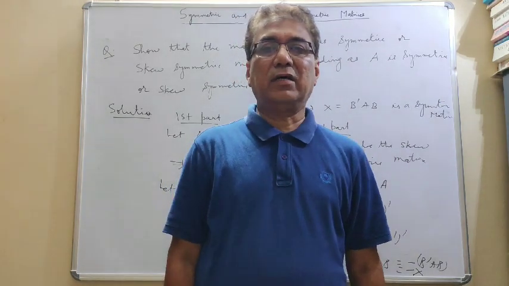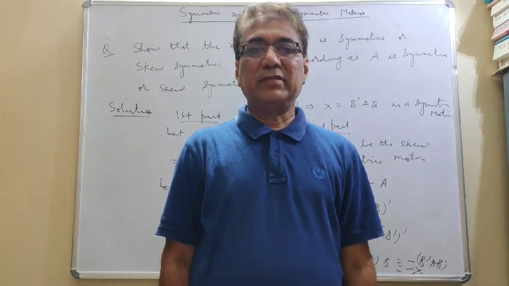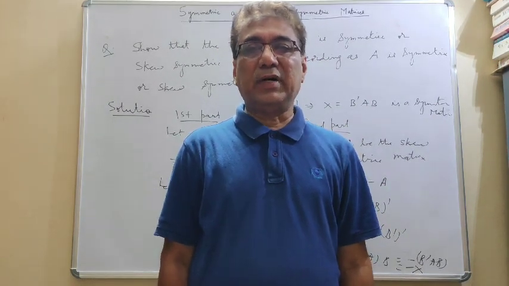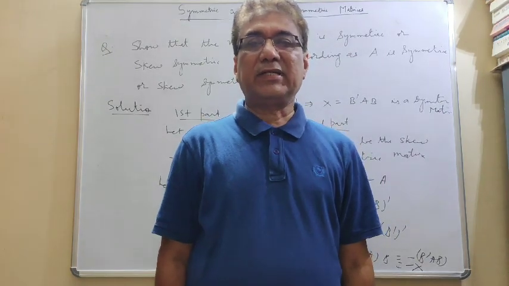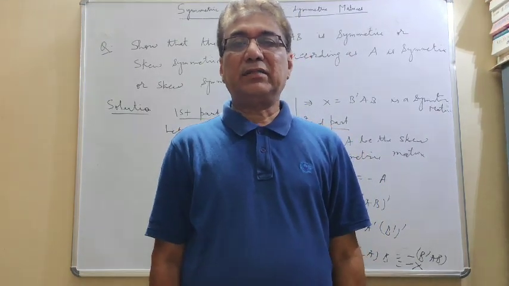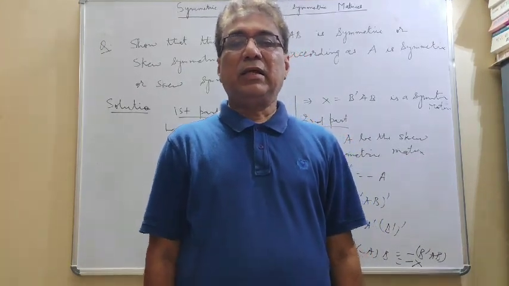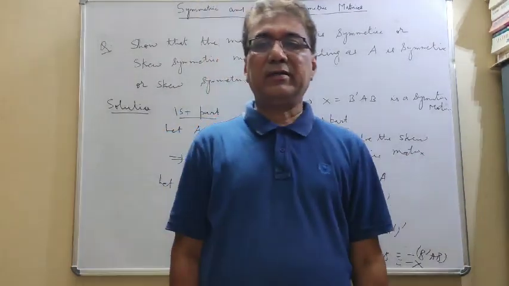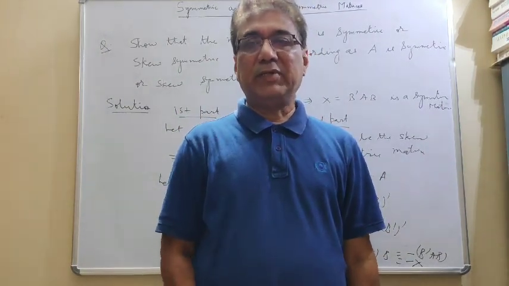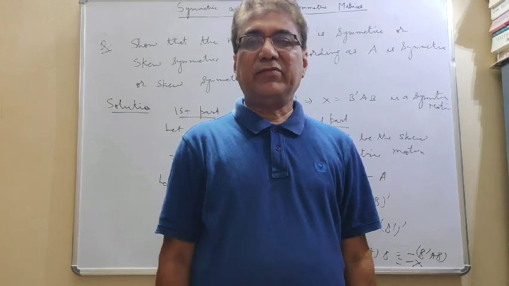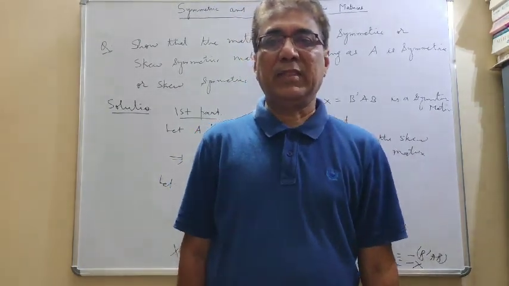Now students, this is the end of matrix part 1. Actually in your syllabus, matrix has been given in 2 parts. One contains this much till symmetric and skew symmetric matrices. The second part mainly contains adjoint of a matrix and inverse of a matrix. But these 2 terms are concerned with determinants. So determinants is in between these 2 parts. So that we will be discussing next. But the first part of the matrix is over here. Thank you very much.